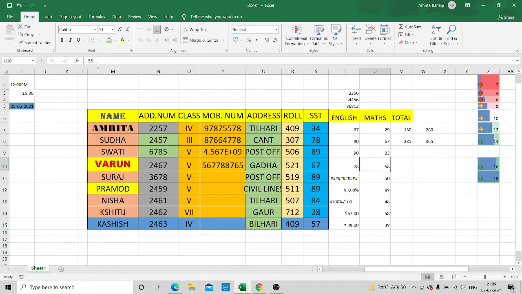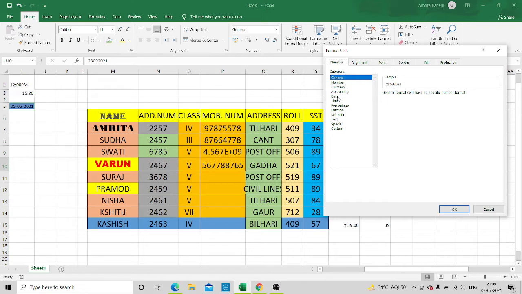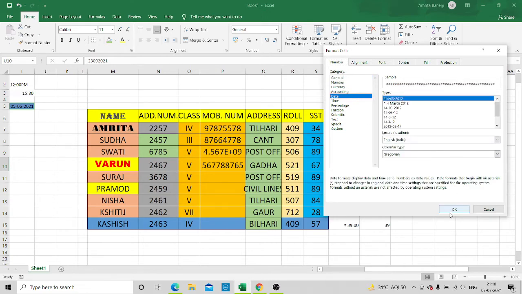I will select this 58 one and show you over here. Suppose the date is 23/09/2021. Now I will right click this one, go to format cell. Over here, children, I will select the date option and I will do OK.